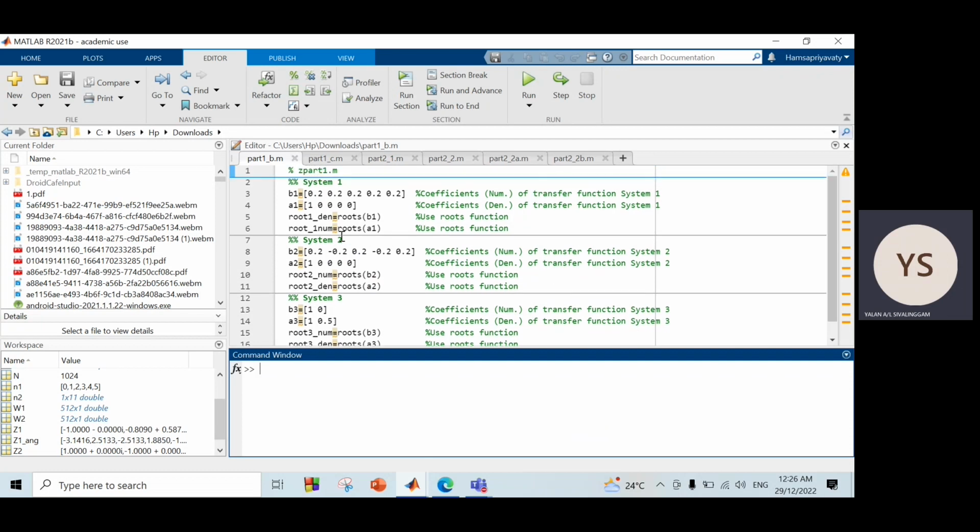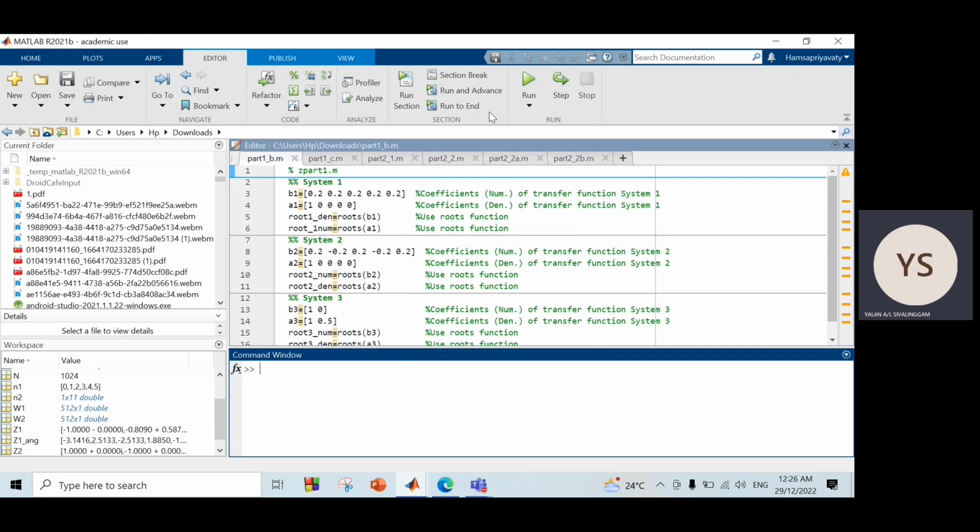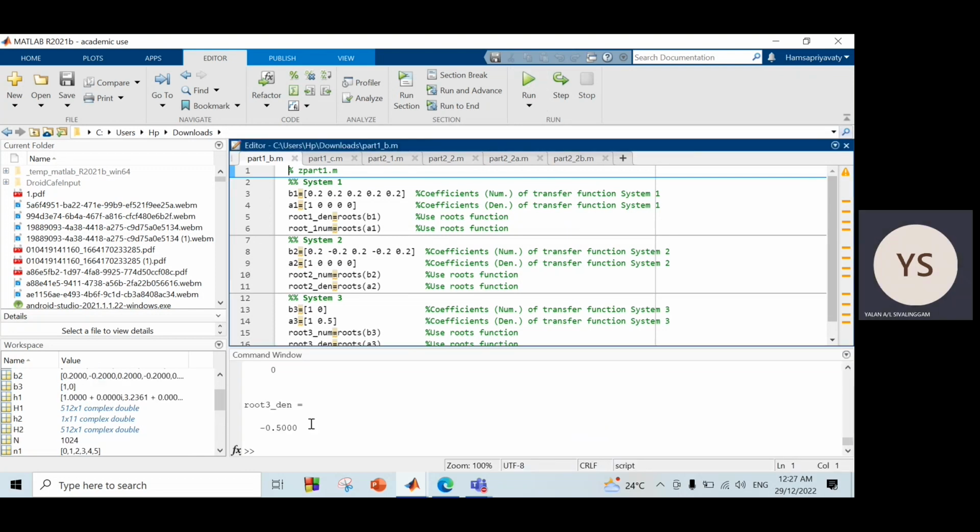this is the code for system 1, system 2, and system 3 for Z part 1. The first one, 0.2, 0.2, 0.2, 0.2, is the numerical value for the coefficients, and then the A1 is the denominator coefficients. And then root 1, root 1 underscore 1, root 1 denominator and root 1 numerator are the functions for the roots. And we run, we will get the answer for